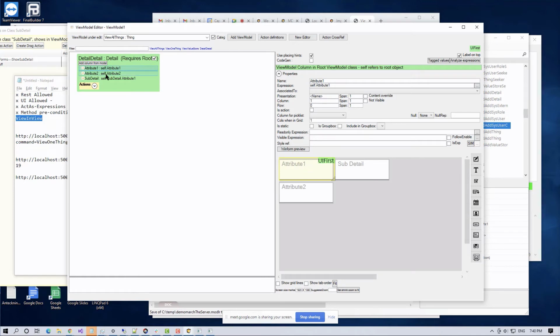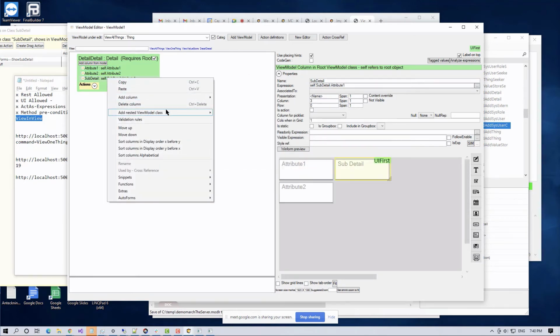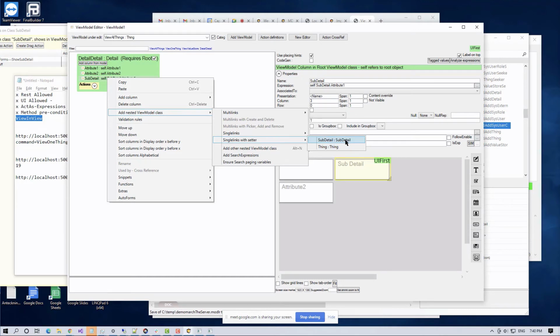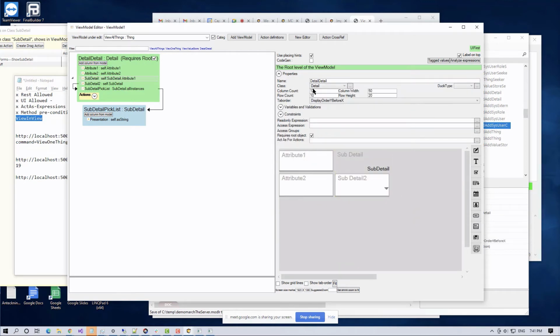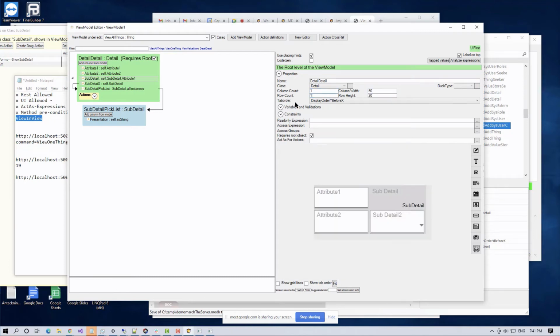Oh, rather, let's do it like this. Add the combo box here. Single link with setter. Yeah, and let's make that one read-only like that. Now this view model is bigger than I want because this is going to be in one row, so let's make it just fit. Now it's just as big as it needs to be to show these things. So this is called detail,